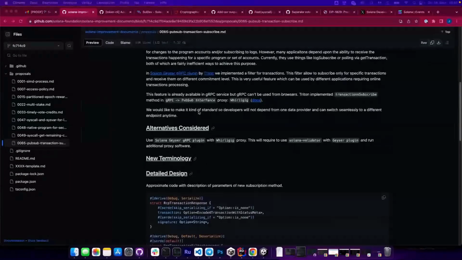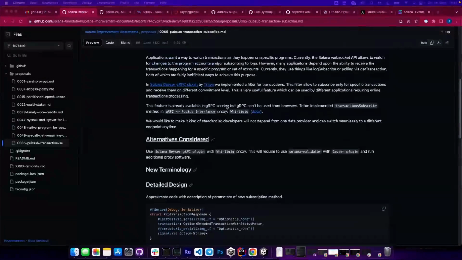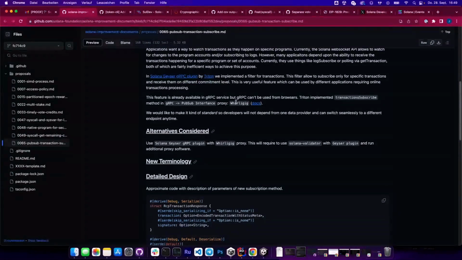So the first one we picked here is transaction subscribe coming to PubSub. What this means, I used it a few times for games already. Triton has a new socket implementation called Whirligig, which lets you subscribe to certain accounts and transactions. What Whirligig does is that you get updates on your accounts mid-block, so as soon as it's processed by the validator or the RPC you're connected to, you will immediately get the